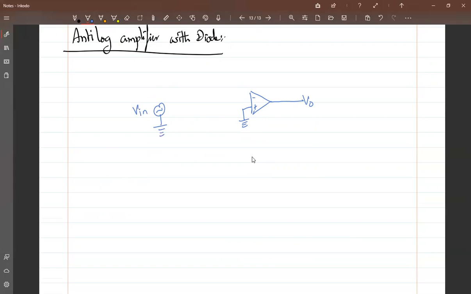Initially, for the log amplifier we used a resistor here. Here we are going to have a forward bias diode as the component at the input, and we will use a feedback resistor. By just replacing the resistor and diode, we are able to convert the logarithm signal into anti-log. Here this is the current ID, this is the current IR. At this point the voltage will be 0 volt. In the same manner we apply KCL and KVL to find the output voltage equation for this circuit, which will be the anti-log of the input signal.